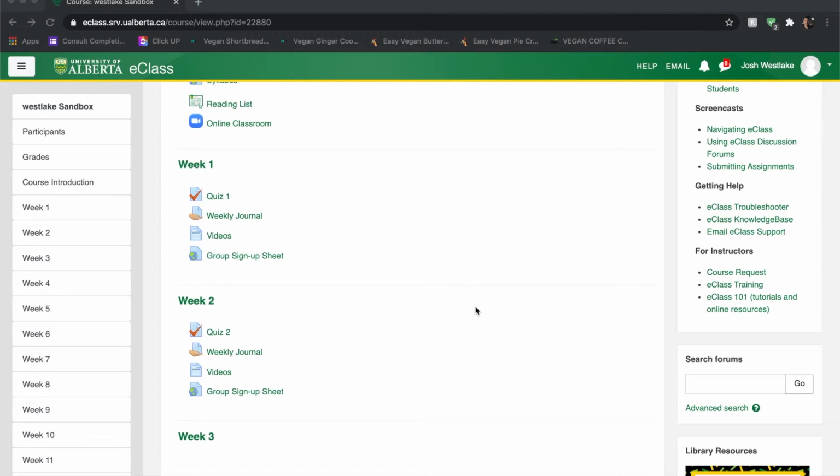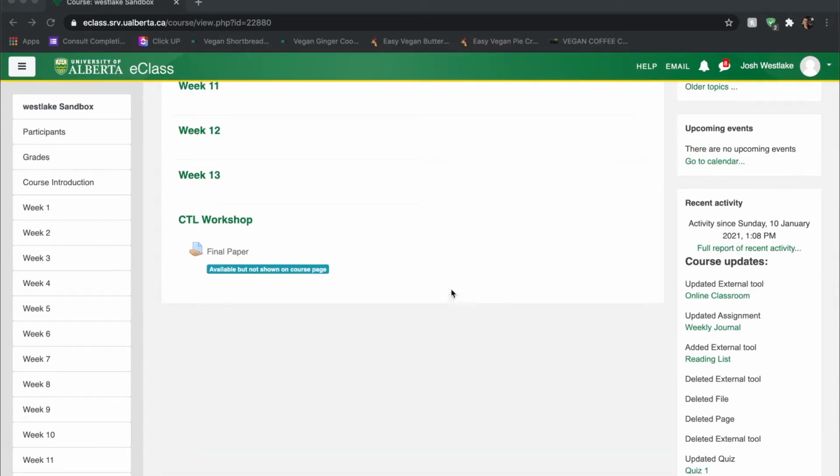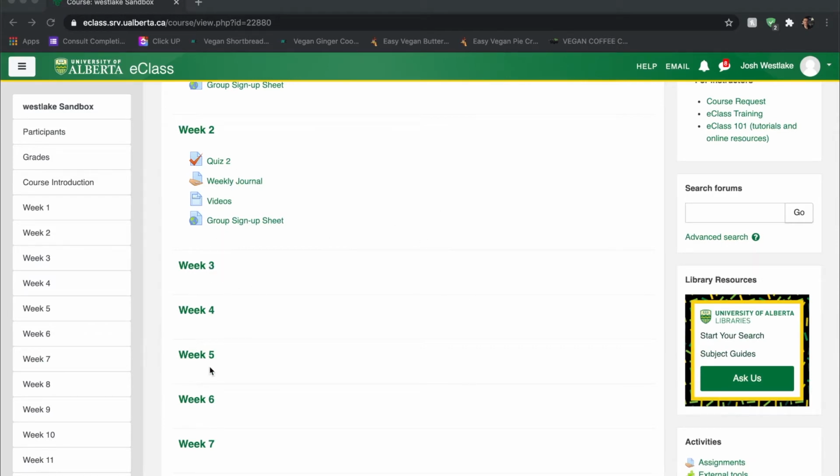And some instructors will even break this down more and will do a section for every class. So basically students have a checklist for their class on Monday and then Wednesday and Friday. So if you have the students completing a lot of activities every day, then maybe breaking this down even a step further would work. What you really want to avoid is having a long list of activities that students have to sift through, and that isn't in a logical order. So at the very least, you want to keep similar content and similar links together, and you don't want to confuse students.